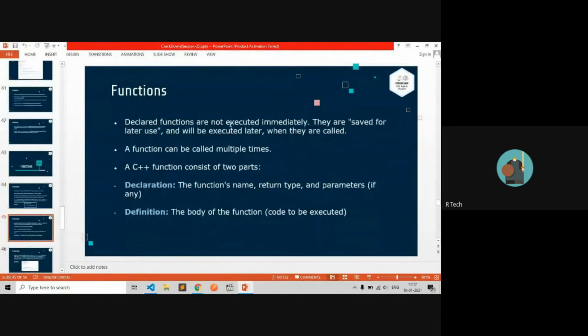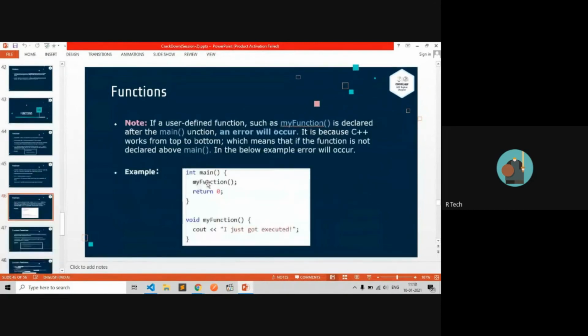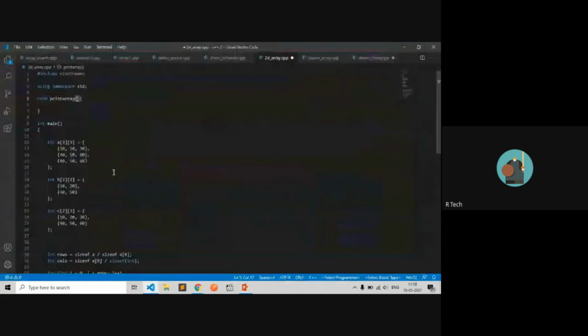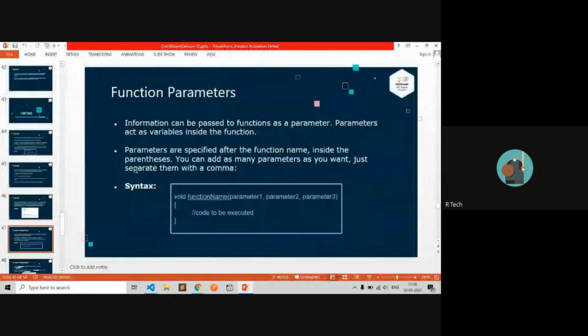Declare a function; it is not executed immediately, it is saved and used later. The main method uses the function. Then in the function parameter, this is a parameter you have to pass at call time, and it will execute your code.